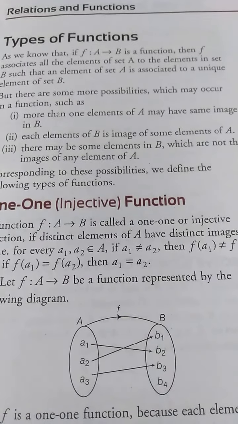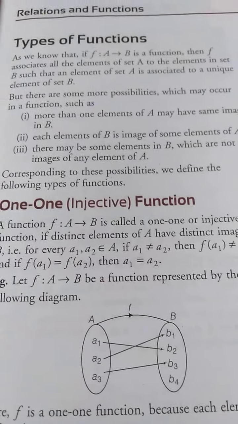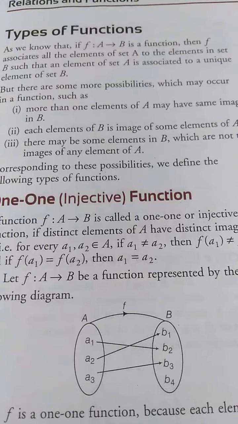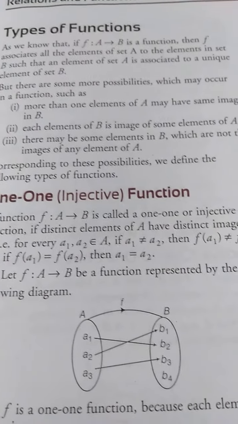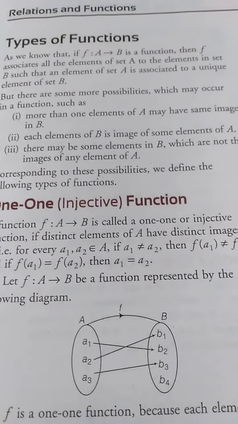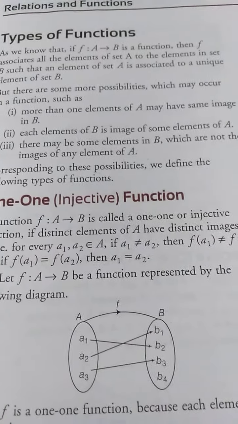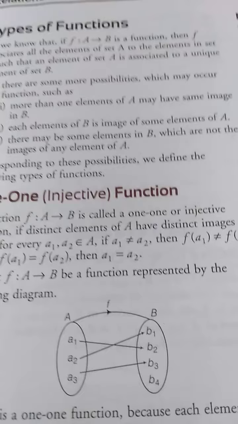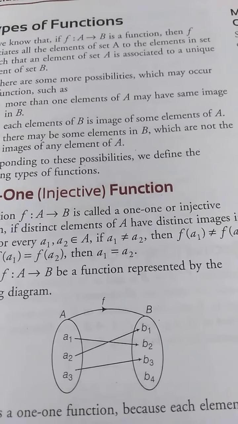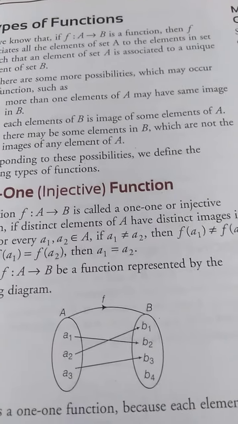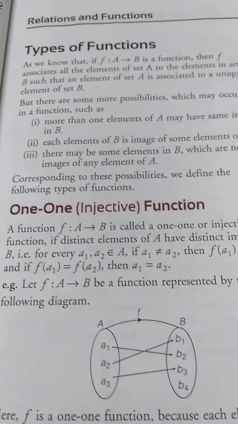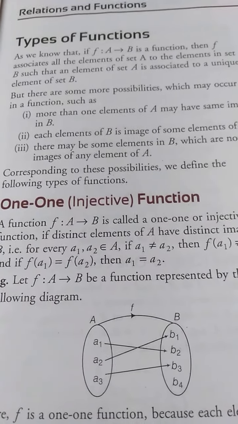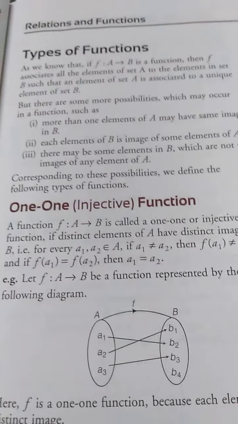Hello students. Today we are going to start the second part of the chapter Relations and Functions, that is the function. And as per the further reduced syllabus, in this chapter the entire thing is deleted. Only we have to study about two types of function, that is the one-to-one function and onto function.